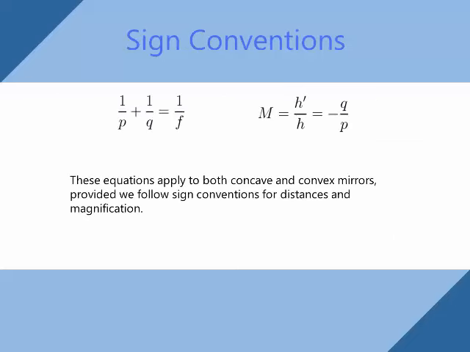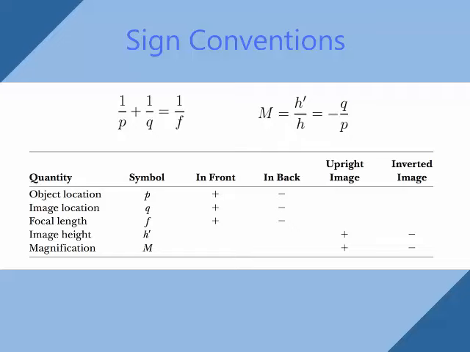The equations for distance of the objects, as well as the magnification of the objects, will work for both kinds of mirrors, as long as we follow a certain sign convention regarding distances and magnification. In general, we say that positive values mean that the object, image, or focal length will be in front of the mirror, and that a positive image height and magnification mean that the image will be upright. For negative values, we're referring to the object, image, and focal length being behind the mirror and the image being